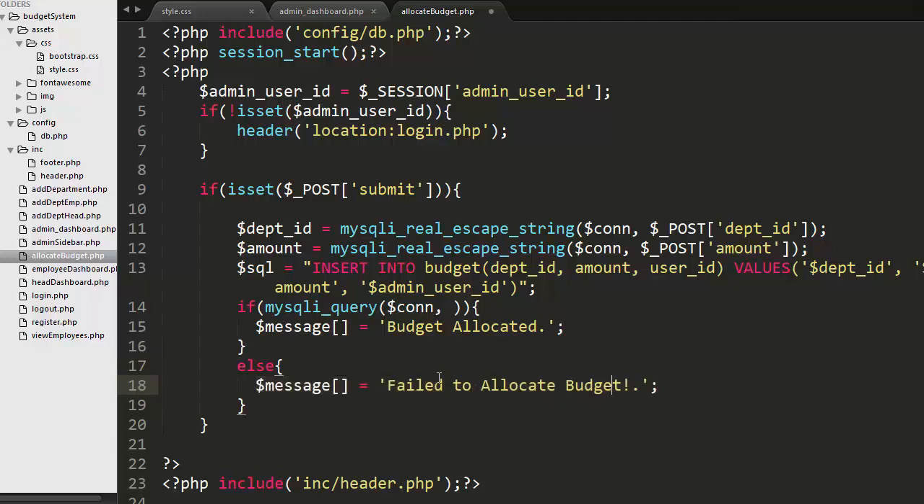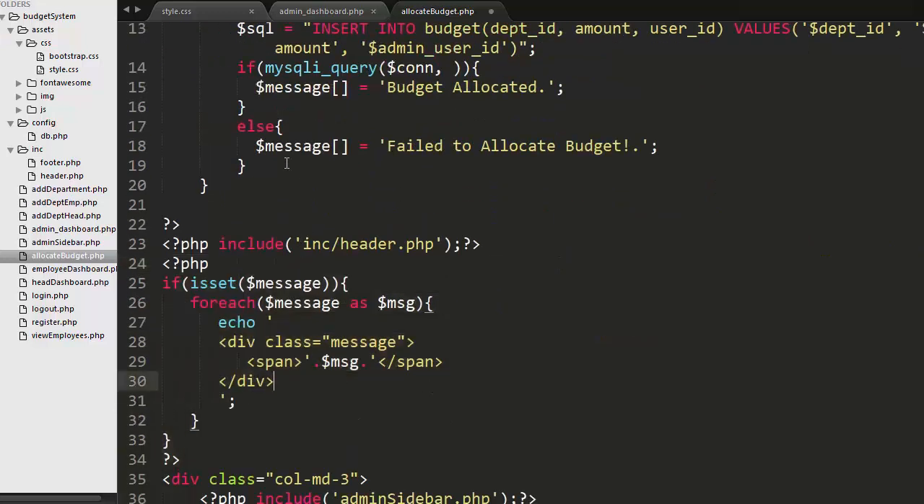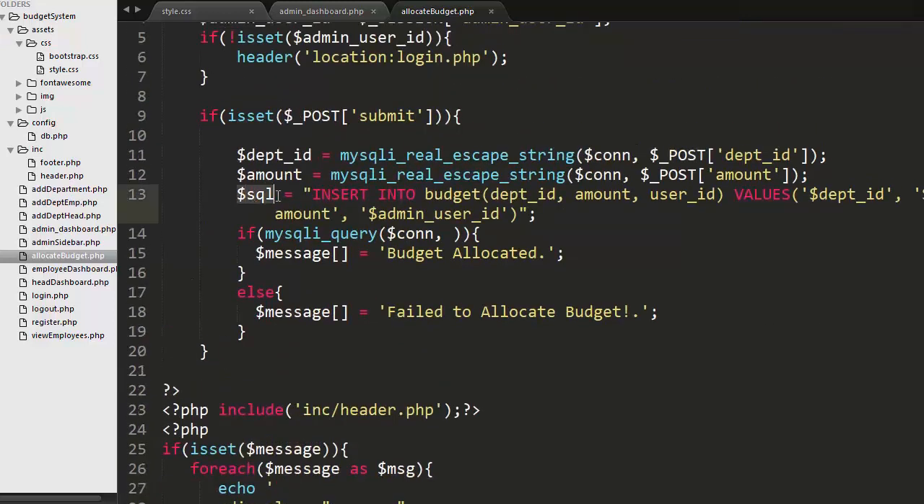Okay, so now at the end we need to display these error messages to the user. For displaying these error messages, I just need to iterate over this message array using the foreach loop. Now we need to pass this SQL here. Now save it and